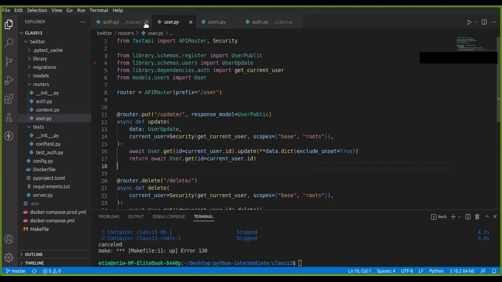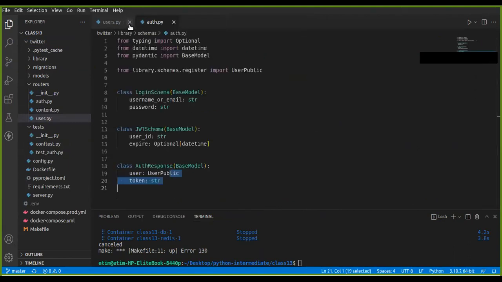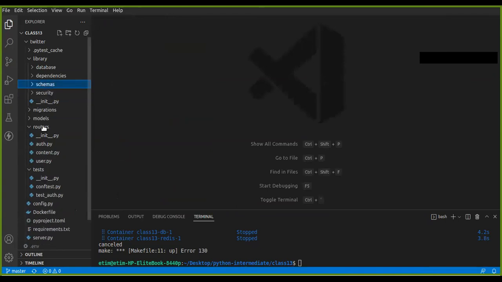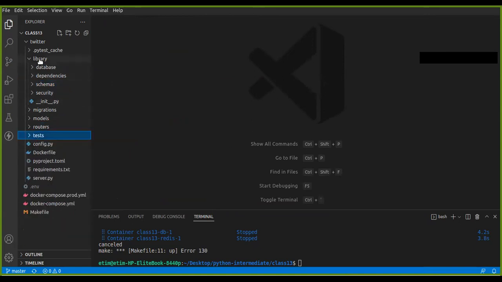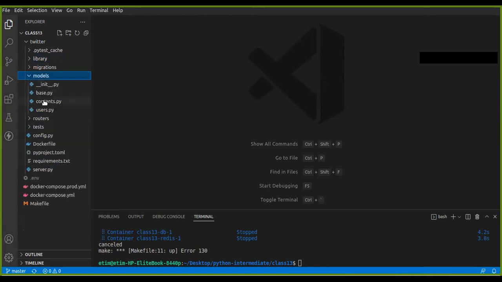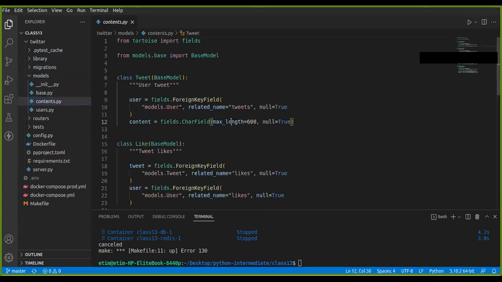The next thing we're going to do is to build endpoints that will handle tweets, all right? Because that's what we're supposed to do in this class. And before we do that, let us look at the models and see what data we are supposed to